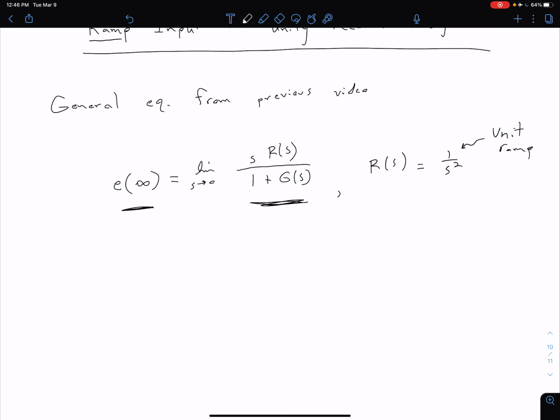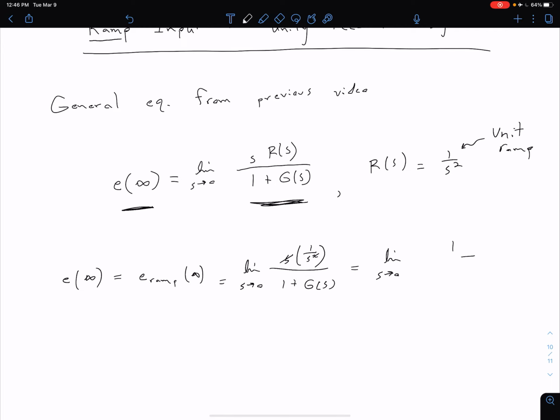All right, so plugging that in, we now have our steady state error, e(∞), is equal to e_ramp. So try to be more consistent with this notation. So e_ramp(∞), which is equal to the limit as s goes to 0. And now we have s times 1 over s squared divided by 1 plus G(s). So our s is going to cancel out with one of these two s's in our s squared. That remaining s is going to come down and be multiplied by the denominator. So we end up with the limit as s goes to 0 of 1 divided by s plus s times